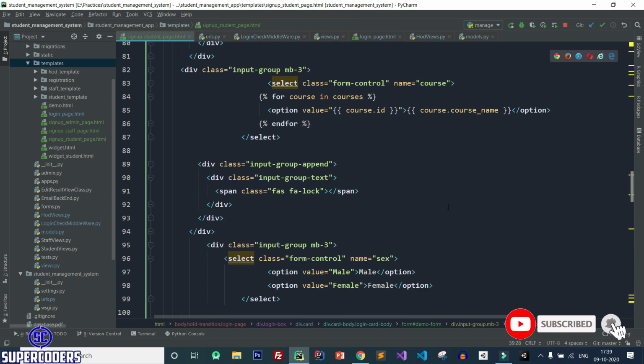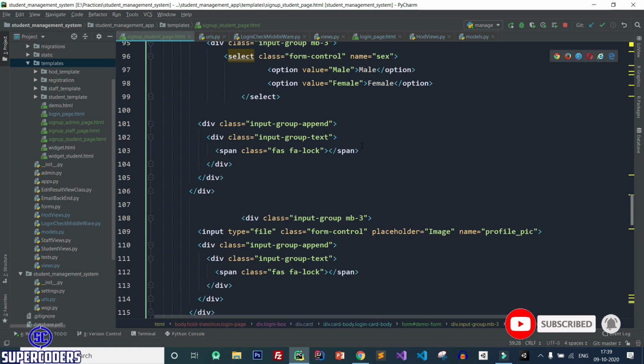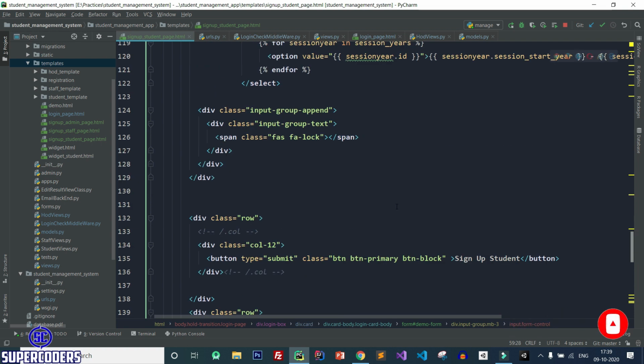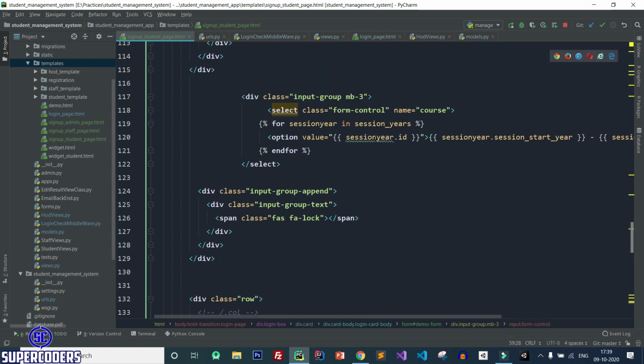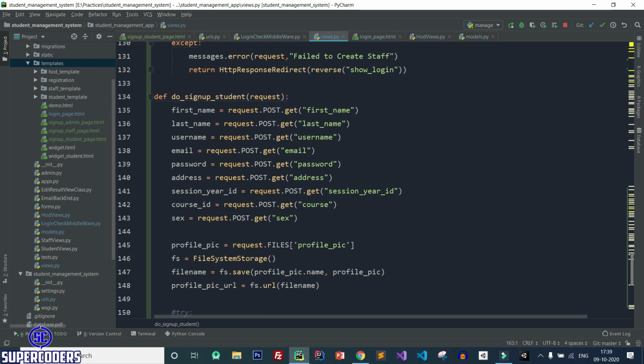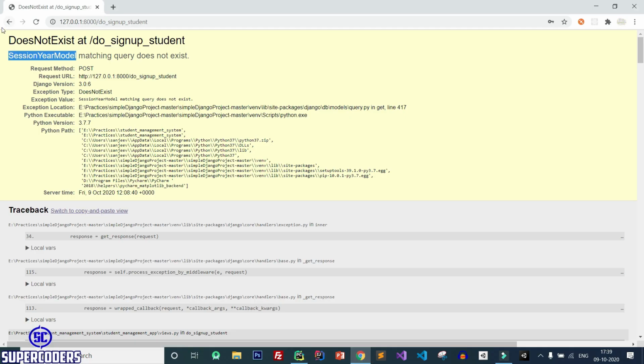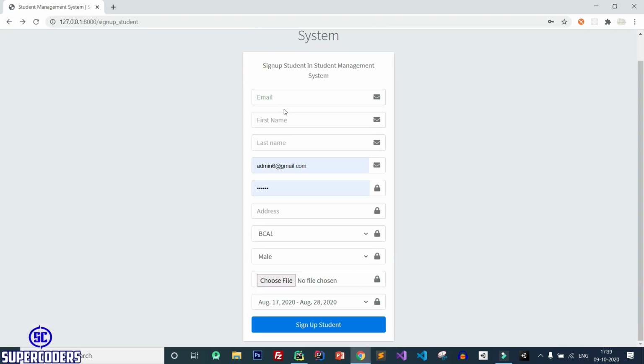So here we are passing data, okay, session year, let's copy this, save it, back to here, change this here, save it, back to Chrome and click on back, refresh page.